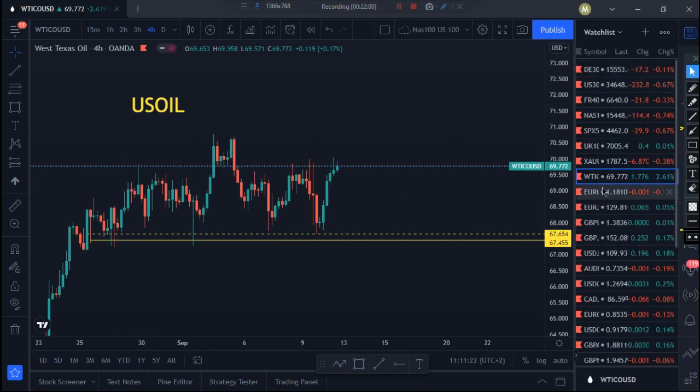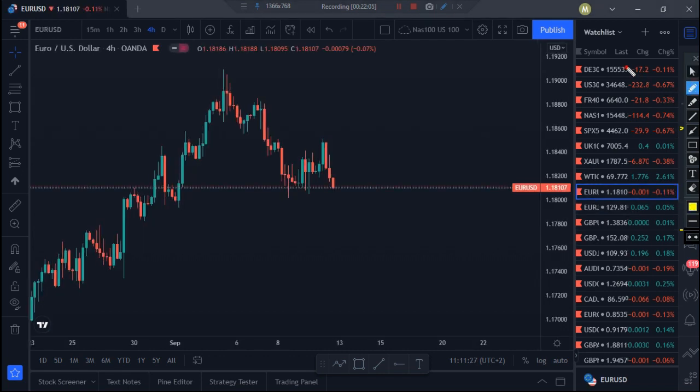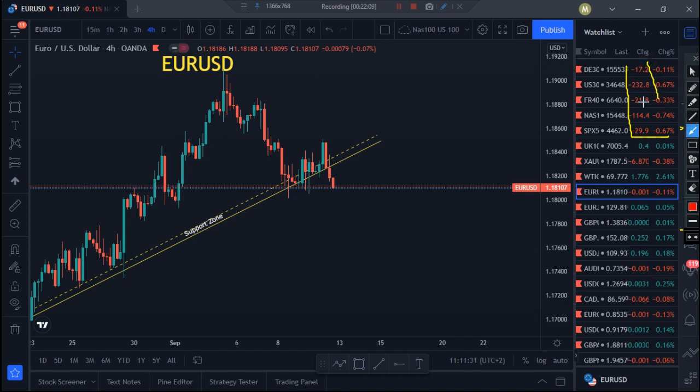EURUSD. You can see, guys, here everything is just selling off. Most indices are just selling off. You can see that they are all selling off. So when you see that, I hope you see an opportunity. Look here,